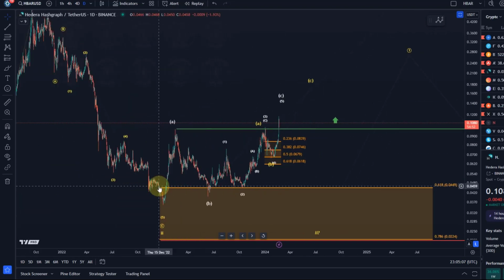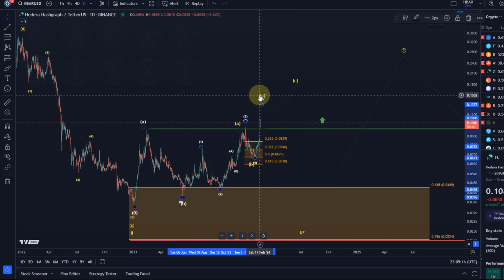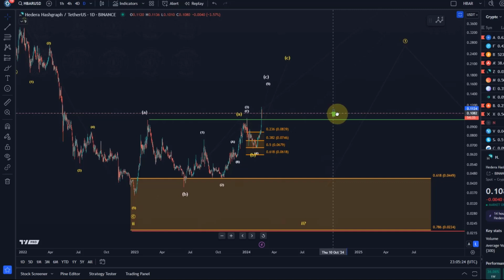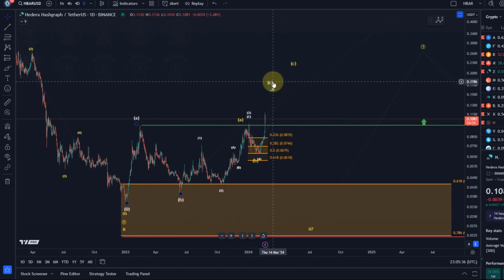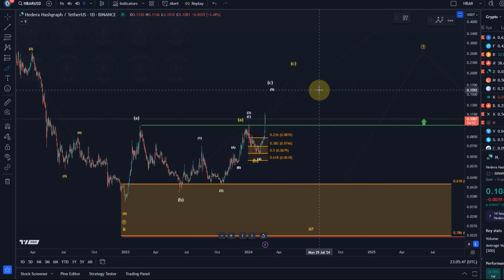The problem I have with this structure is still that it is not very clear what exactly it is. I'm leaning towards the white count, but yellow is possible as well. Yellow would be embedded in a different subwave structure, so let me explain the two. From an Elliott Wave point of view, we are possibly dealing here with an ABC structure, a really ugly structure. This would be short-term less bullish than yellow, but the yellow one is very much speculative,